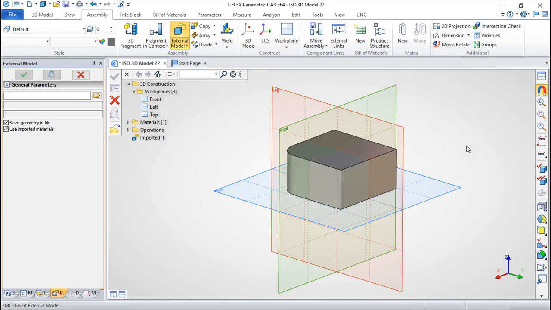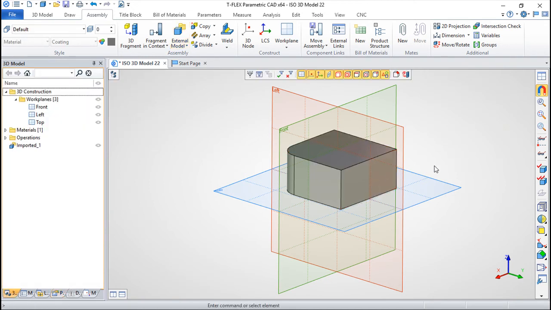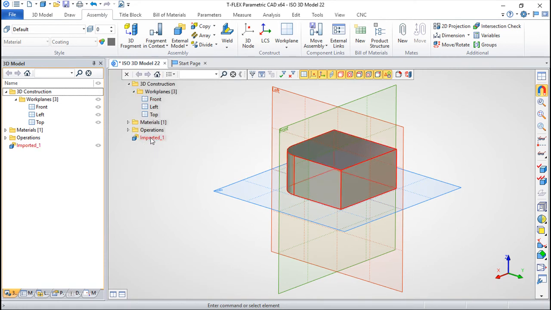Now the difference from the 3D picture is that in this particular case, if we open the 3D, we see that we have imported this geometry, but we can do several operations with it. So we cannot edit the shape,